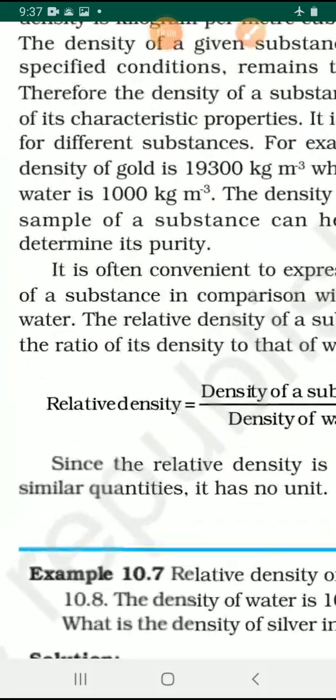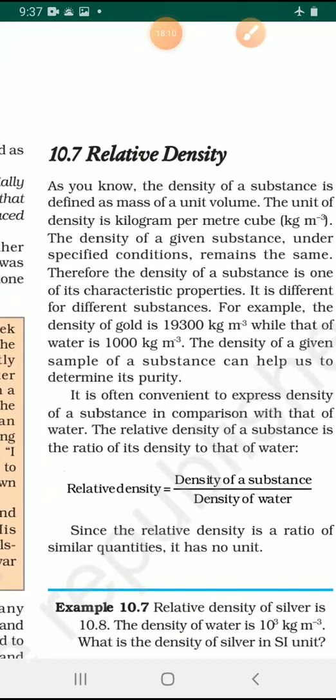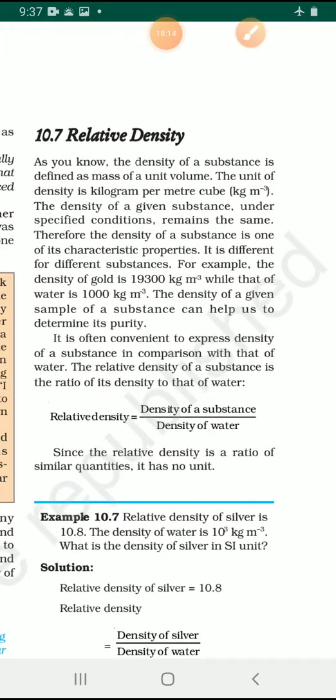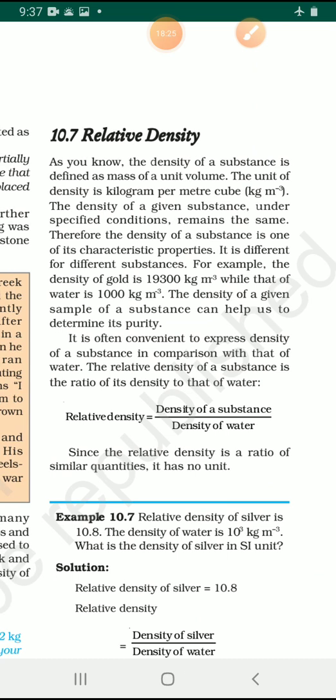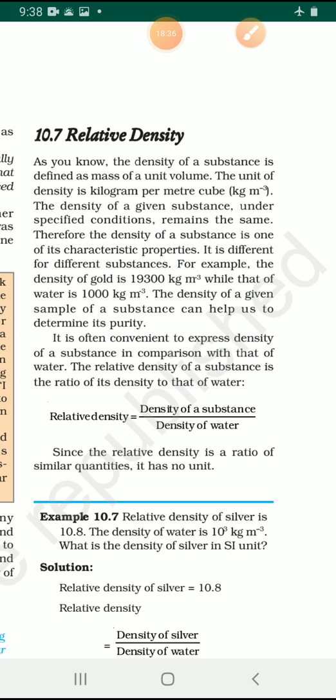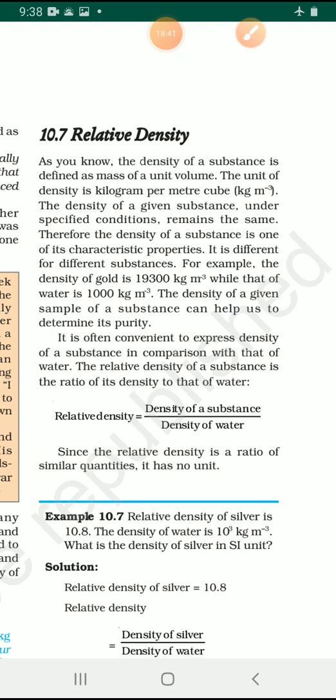Next, the last concept that we are going to discuss today is relative density. So what is relative density? As the name indicates, it gets related. As you know, the density of a substance is defined as mass per unit volume. The unit of density is kilogram per meter cube. As you can see, kg m raised to -3: when m cube comes up, it becomes minus, so it should be written as kg m raised to -3, but read as